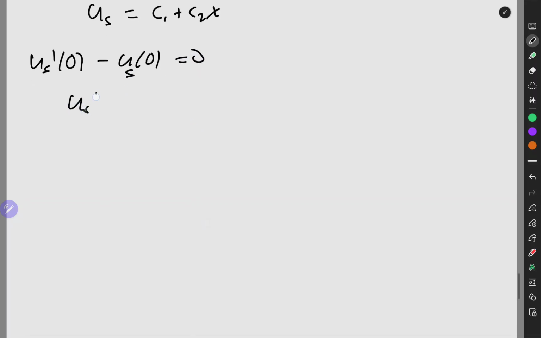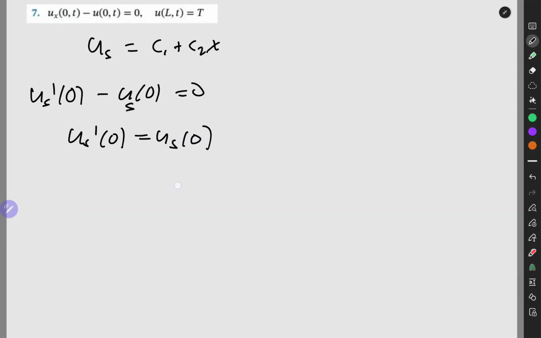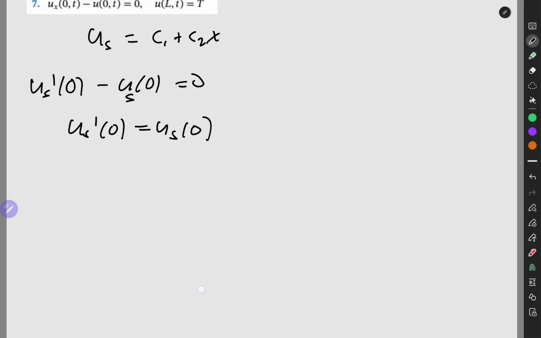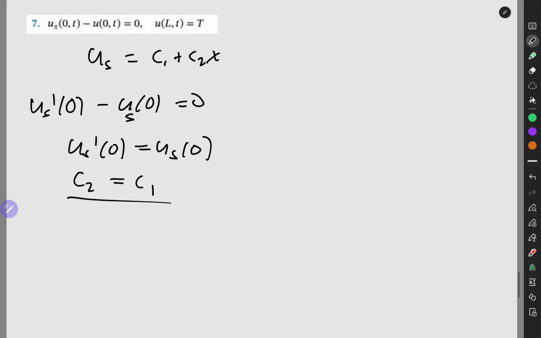That's what they give us. So this would be C2 is equal to C1. See how I got that? And then